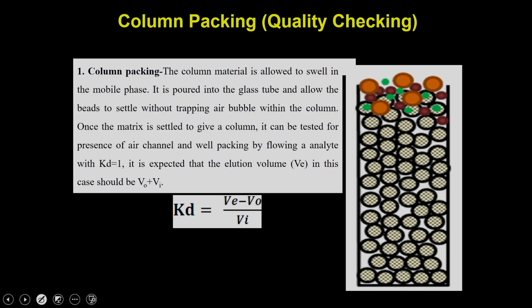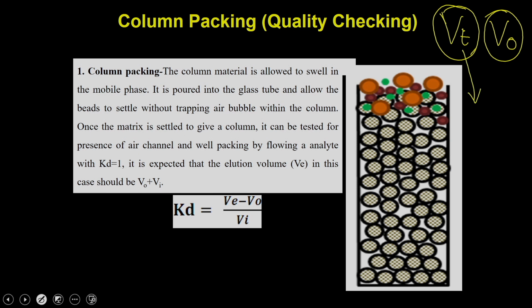If you pack a gel filtration column, you have multiple parameters. For example, you are going to have the VT and the VO. These are the two parameters you can calculate for your column. One of the easiest ways is calculating the total volume.